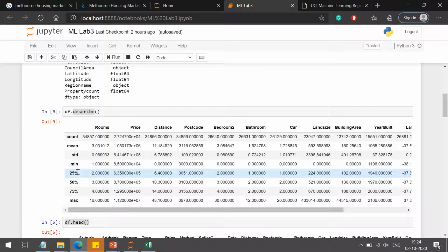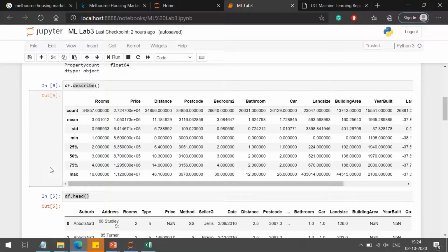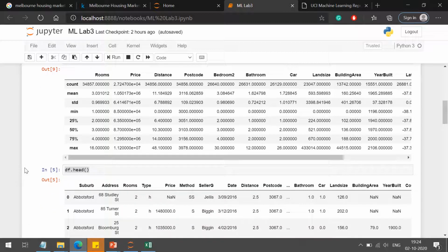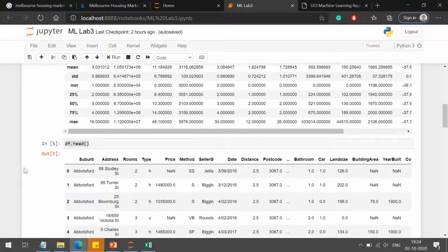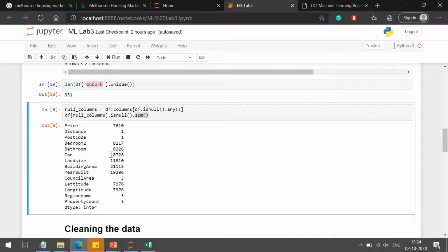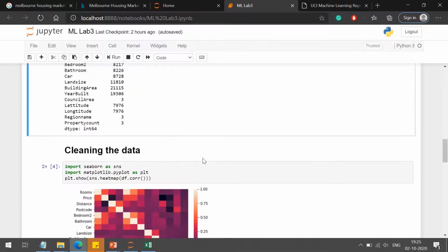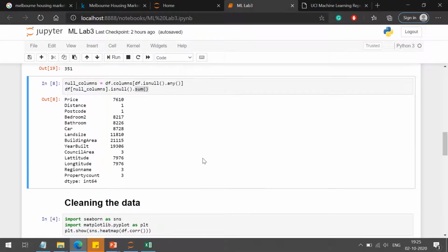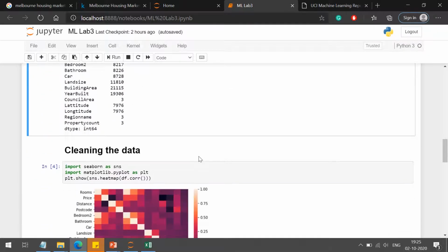So now we'll decide what to do, whether to replace that value with a mean or median, or whether to delete those rows. So 8,000 out of 34,000 means near about 20 to 25 percent loss. So now I'm just deleting the rows which have null. You can try replacing with the mean value. In the previous lab I have shown you the function to replace with the mean.